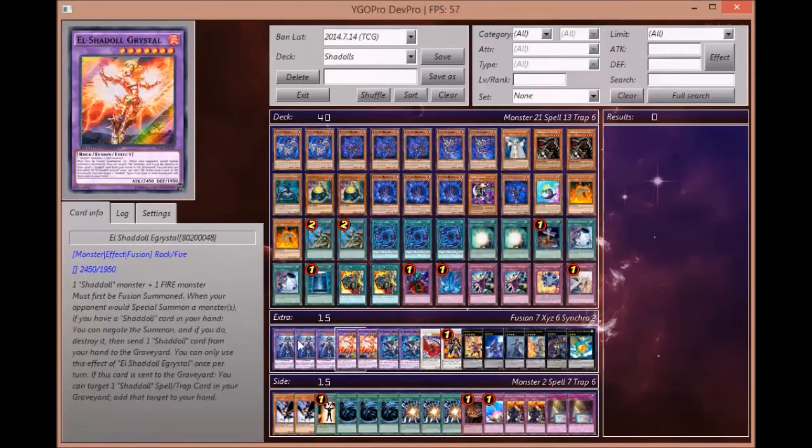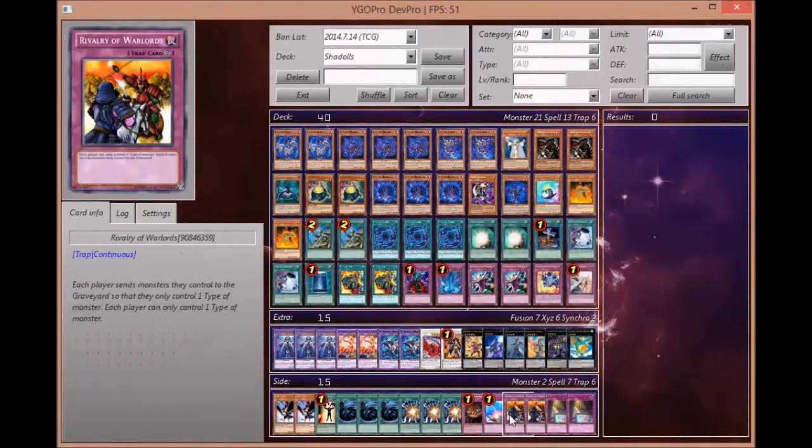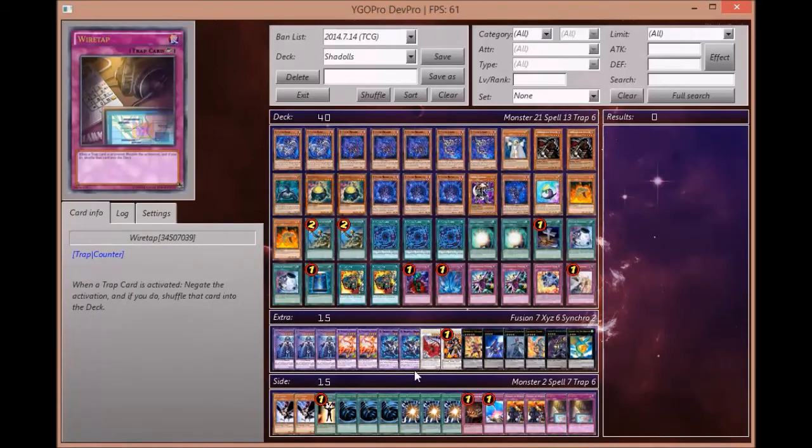And I guess I can quickly explain the fusions. I'm not going to explain the side deck. I kind of just do this together. Hopefully Rivalry will work out. This is more during the gear format too, so these wire types probably won't be in here. But